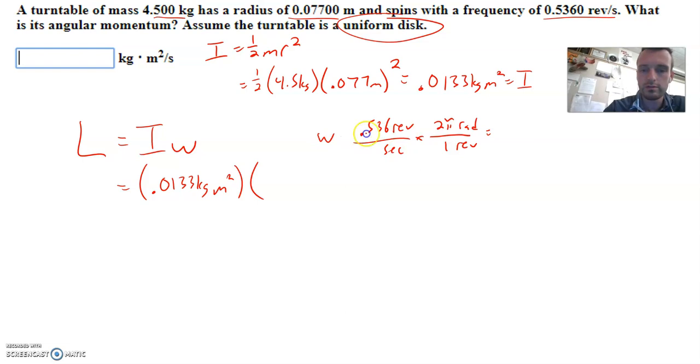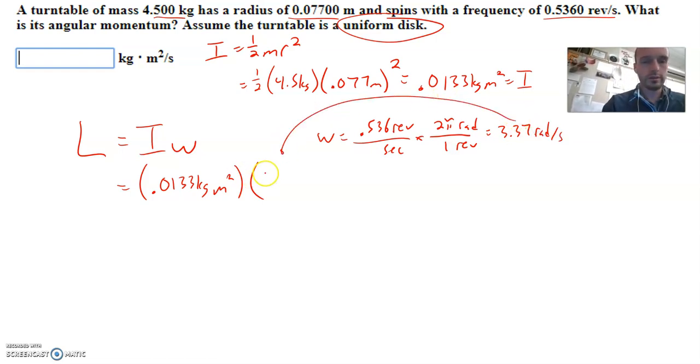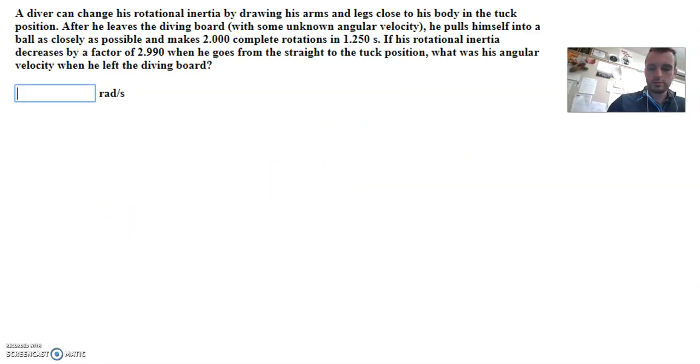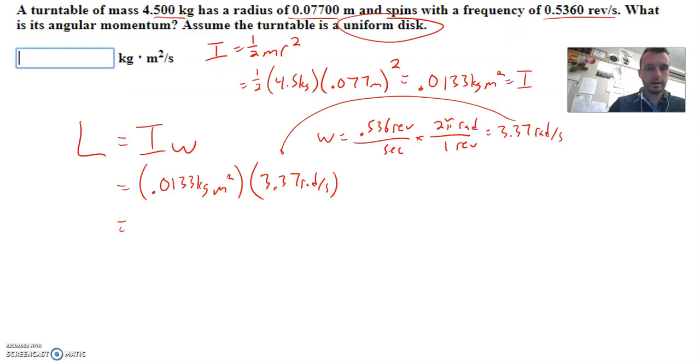So this is actually solving for omega now, and if we multiply 0.536 times 2 pi, we have our new omega of 3.37 radians per second. So that's going to go right there for our omega, 3.37 radians per second. And if we multiply that number by 0.0133, then we're looking at an angular momentum of 0.045